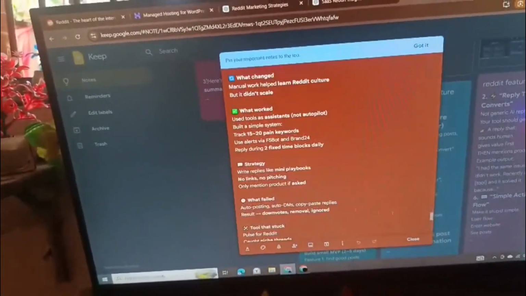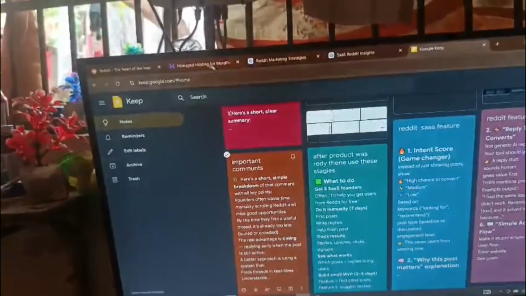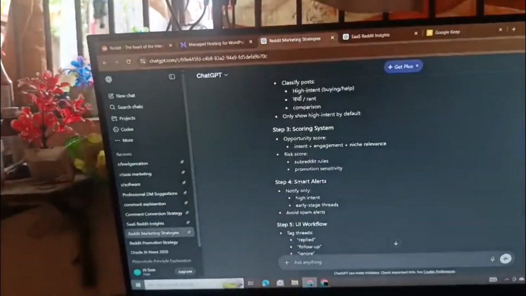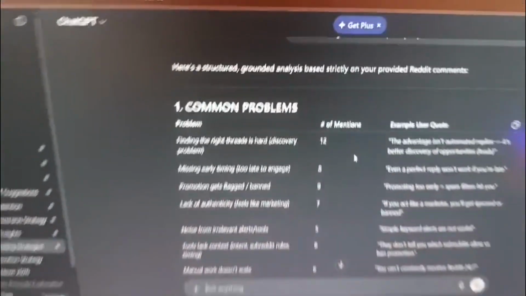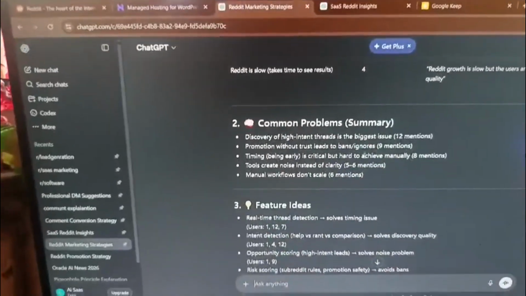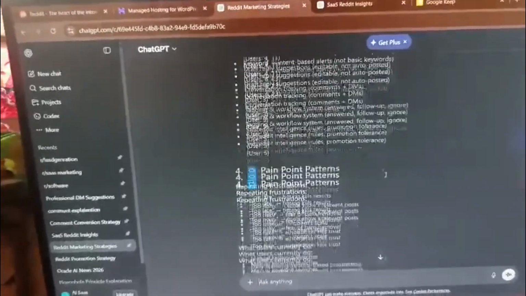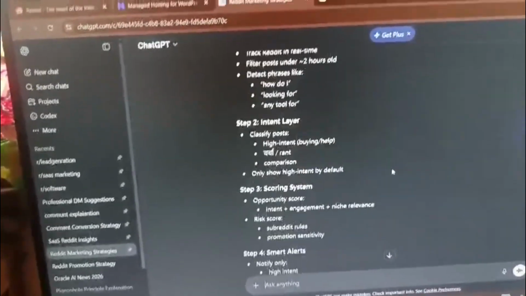So that was all the insights from the Reddit people. I copy and pasted the prompt, and you can see I got the result: common problems, future ideas, what to implement in our SaaS. That was the whole thing we got from this.